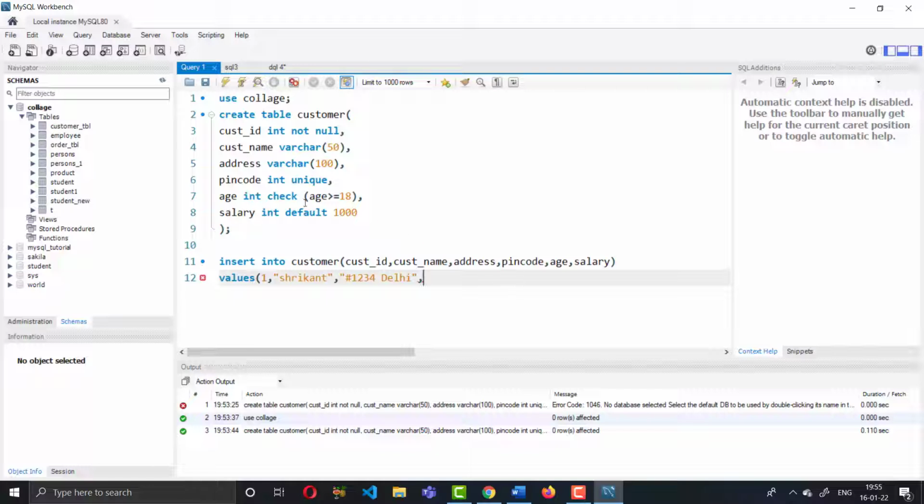Pin code is an integer data type, so I will give the numeric format, 454376. Age is an integer data type, so let me give age 20 and salary 2000. First let me insert the first data.